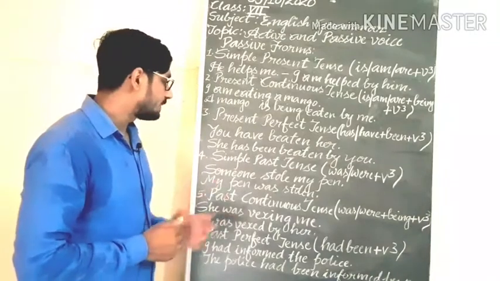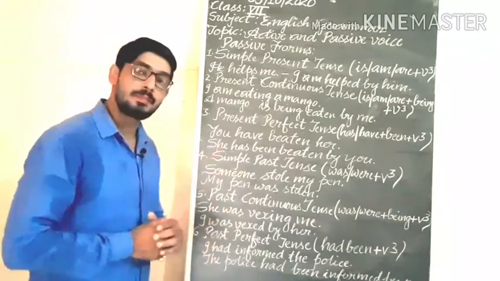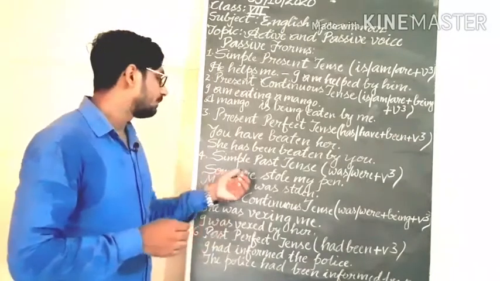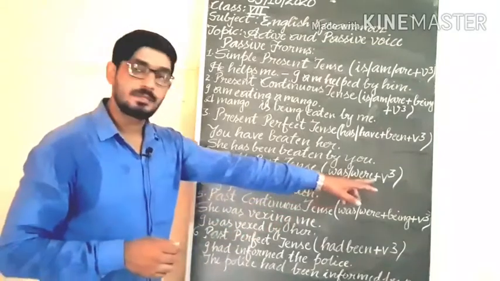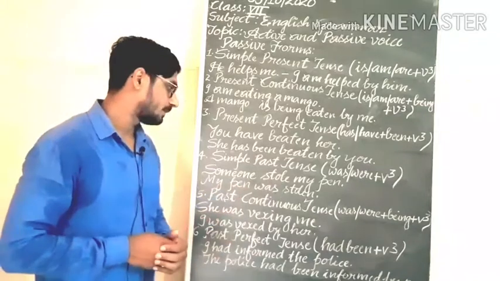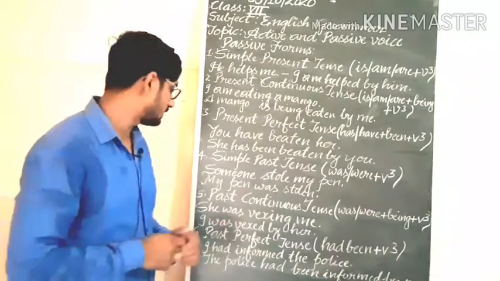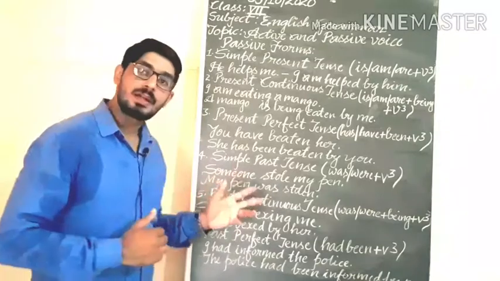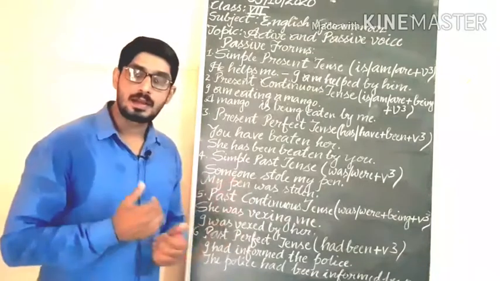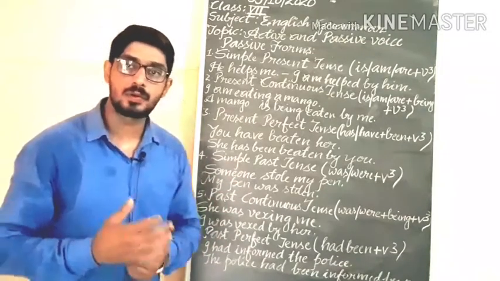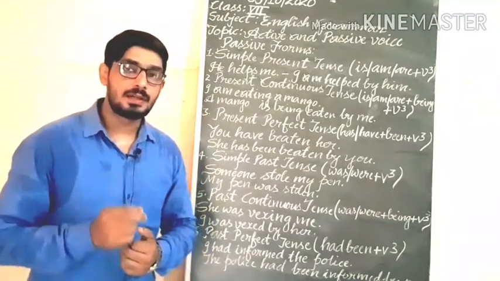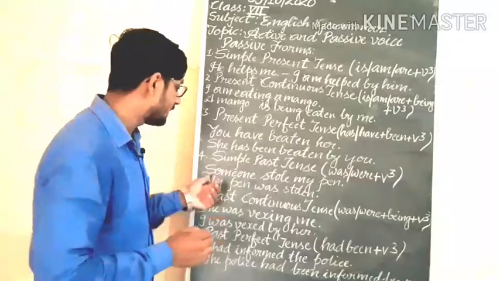We are coming to simple past tense. We don't make passive voice of present perfect continuous tense. Simple past tense: was, were plus verb third form. So, someone stole my pen. You are getting the sentence in simple past tense, main verb second form. And I have also told you that if the subject is unclear or vague, suppose someone, no one, anybody, one, people, at that time we will not use these words in passive voice